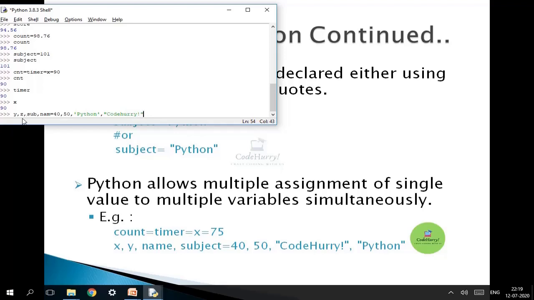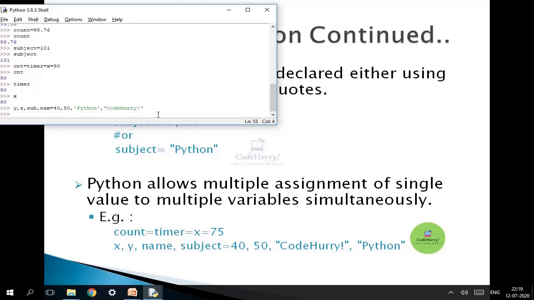So I've stored four variables. I'm creating four variables with different values of different data types. 40, 50 are integers, Python and code hurry are strings. So now let's see the value of y. It is 40, that is an integer value. Z is 50. Then sub is Python and name is code hurry. So in this way you can assign multiple values at a time.